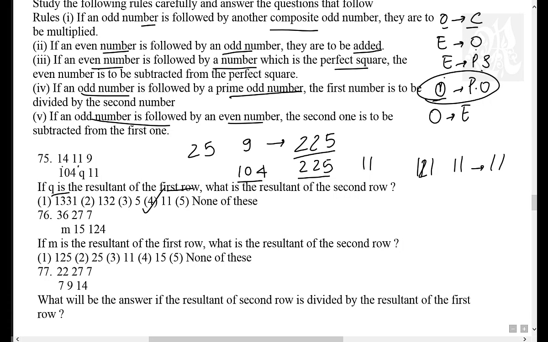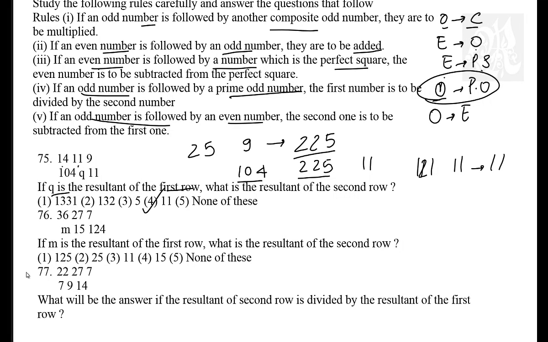So I'll explain this to you one more time. Have a look. Get the rules down in this manner. Odd followed by composite, even followed by odd, even followed by perfect square. Don't forget your shortcuts, your short forms. PS is perfect square. Odd followed by prime odd, odd followed by even. Start. They say 14, 11. Now 14 is even, you just go to these two. This is what you're interested in. Followed by odd. What do you do in 14 followed by odd?